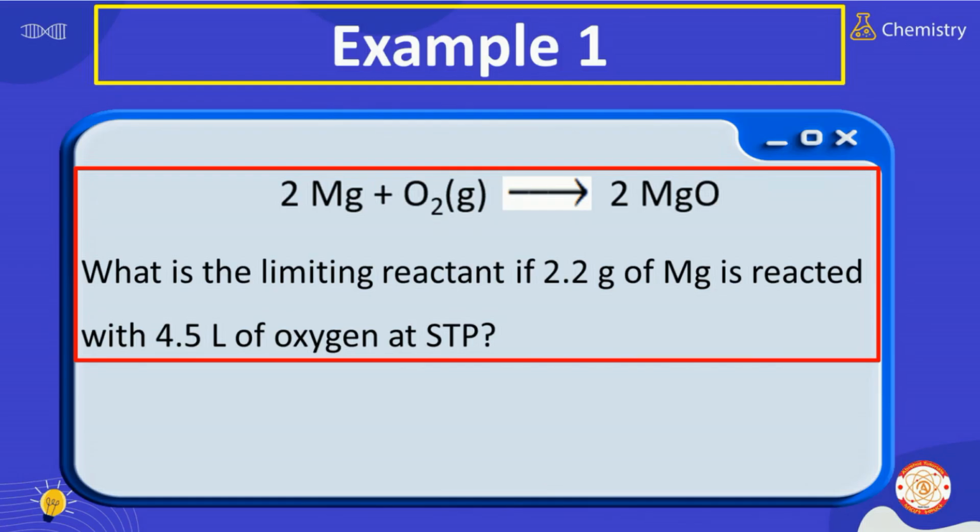Alright, now let us solve this question together. So for the equation here, what is the limiting reactant if 2.2 gram of magnesium is reacted with 4.5 liter of oxygen at least? So basically ምንድን የሚለው